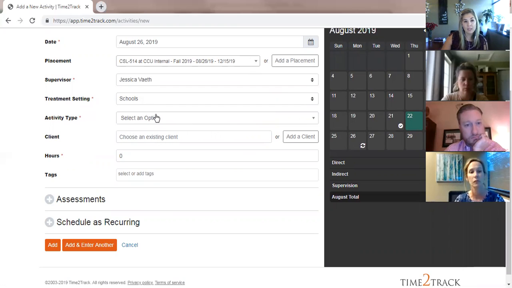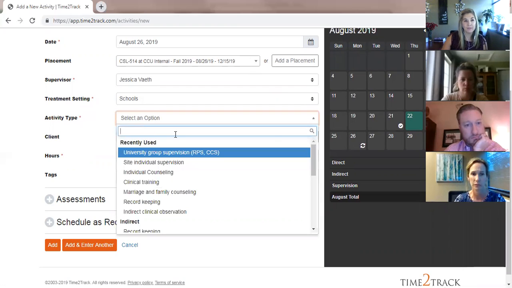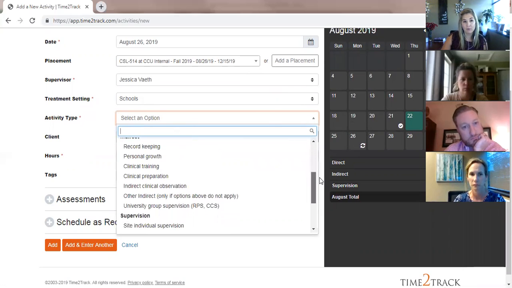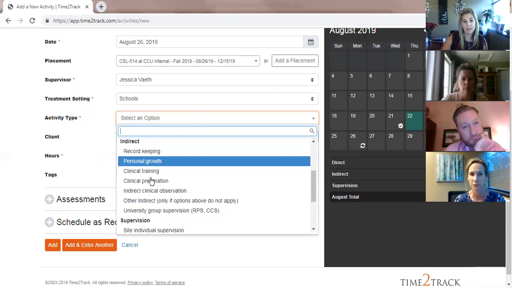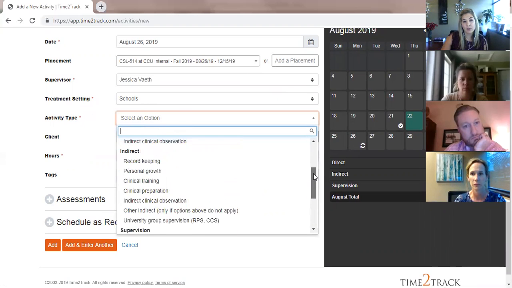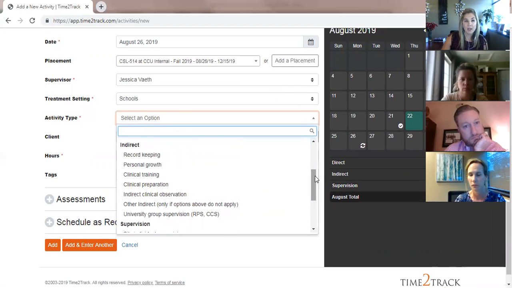So activity type is going to be what they've done, what it is that they're logging. And so they're already preloaded in here for them, separated by indirect and direct and supervision. So for example, one thing that I shared with students in their email, the practicum students at least,